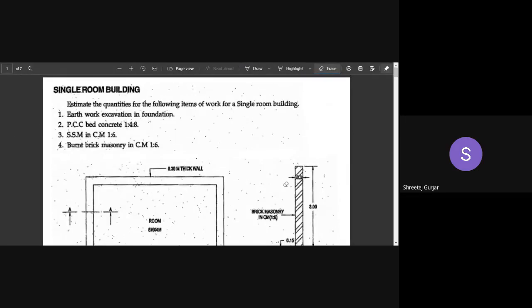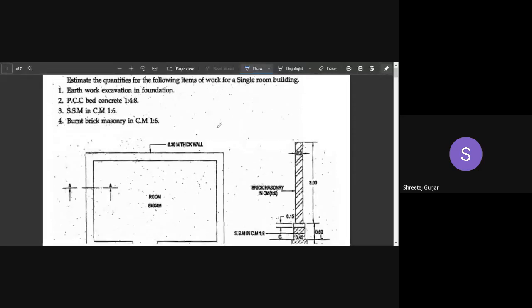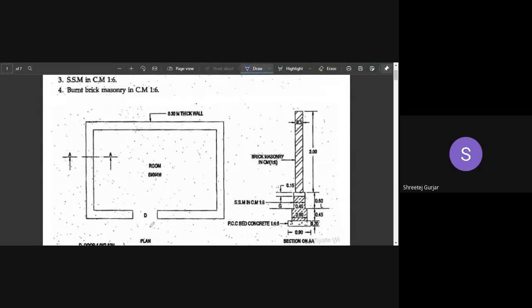So we shall start with the problem now. Shall we start? This is a very simple problem, wherein you have just a single room with a door. There is no window. You can see in the plan there is no window, only one door is seen here. Remember there is also a wall here. Only the door opening is deducted here, and there is a continuous wall running. Only the deduction of your door height is done. There is a continuous wall which is running here.